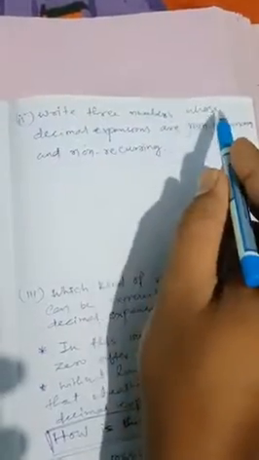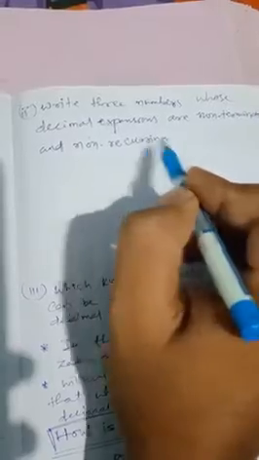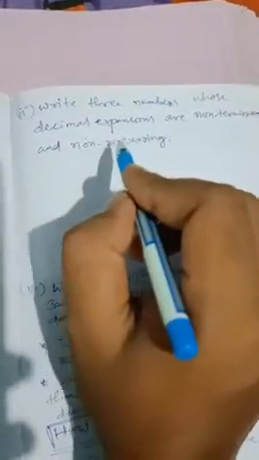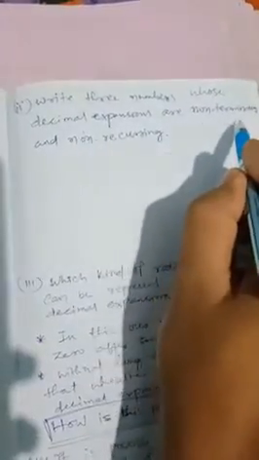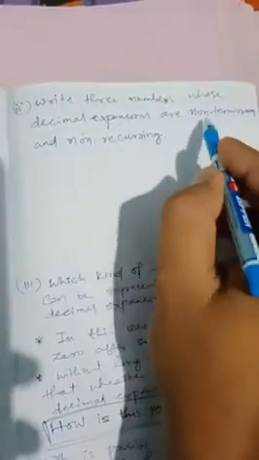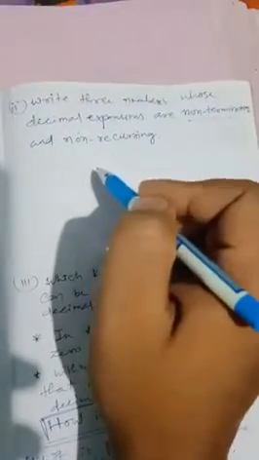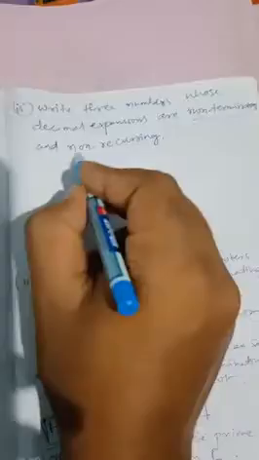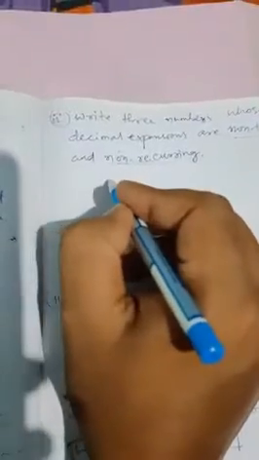Here also same question. Write 3 numbers whose decimal expansions are non-terminating and non-recurring. हम ऐसे नंबर्स लिखेंगे 3 ठो जिसका डेसिमल एक्सपांसन नॉन टर्मिनेटिंग एंड नॉन रिओकरिंग होगा. नॉन टर्मिनेटिंग मीन्स कभी ख़त्म नहीं होगा, एंड नहीं होगा, एंड नॉन रिओकरिंग दैट मीन्स नॉन रिपीटिंग, कोई भी रिपीटिंग ब्लॉक वहाँ नहीं होना चाहिए. Right now, so let's do. If I write